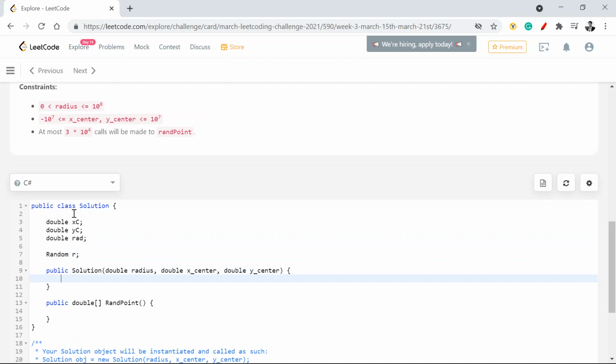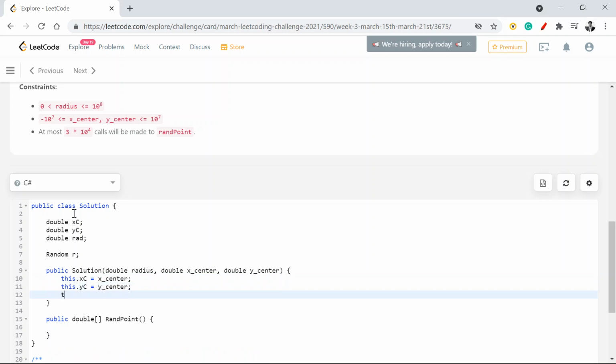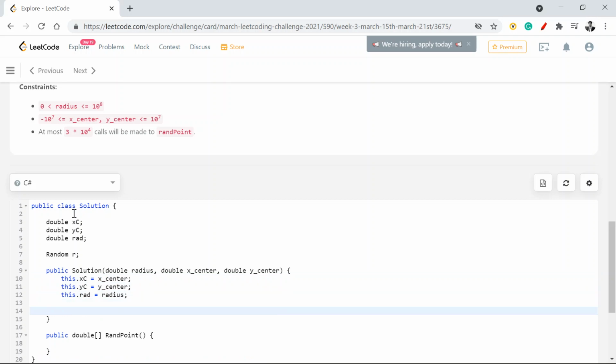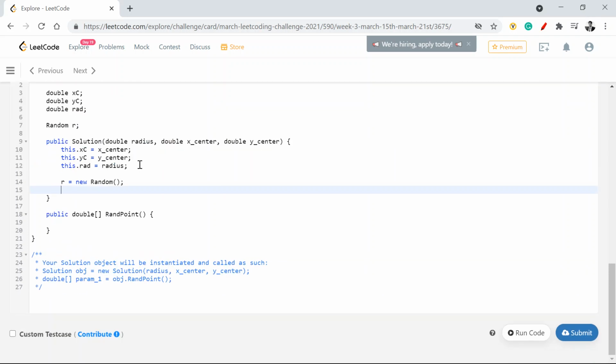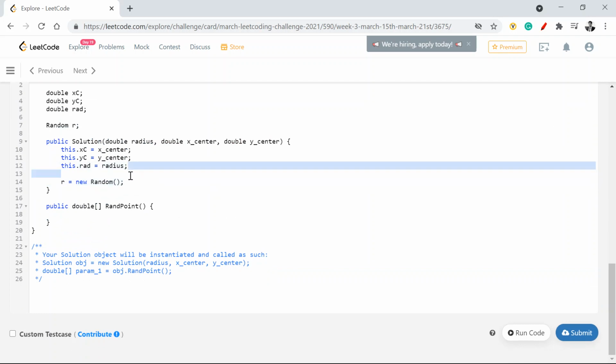Once someone initiates the class, I'll say this.xc is equal to x center, this.yc is equal to y center, this.rad is equal to radius. Additionally, I'm going to initialize my random class: r is equal to new Random.